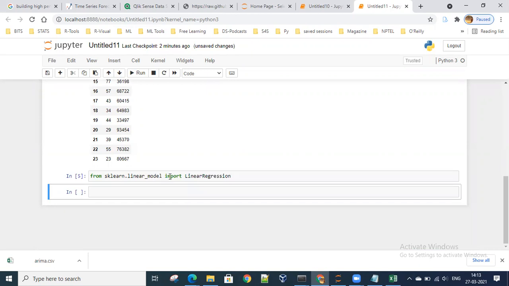So I imported the linear regression code. I'll say reg is equal to LinearRegression.